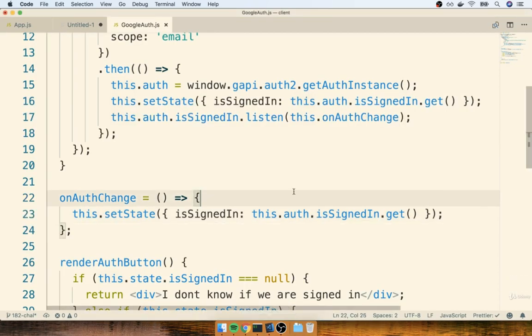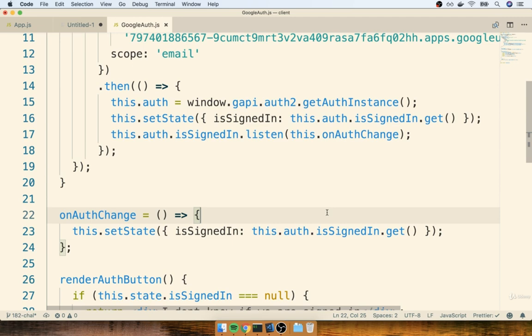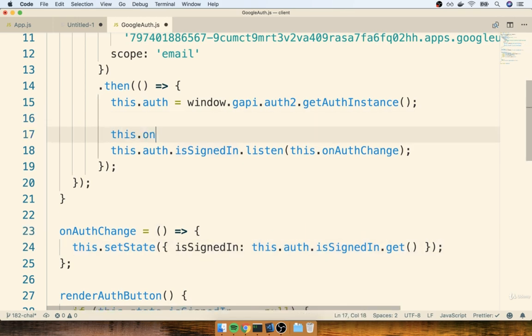So we now have the ability to update our authentication state on the fly. Now, one little optimization we could do here: you'll notice inside of the .then statement, we have essentially the same exact line of code that we have down inside of onAuthChange. So if we wanted to, we could remove this right here and instead call this.onAuthChange, like so. That's going to make sure that we get the current authentication status when we first initialize our library and update the authentication state to be whatever its value should be.